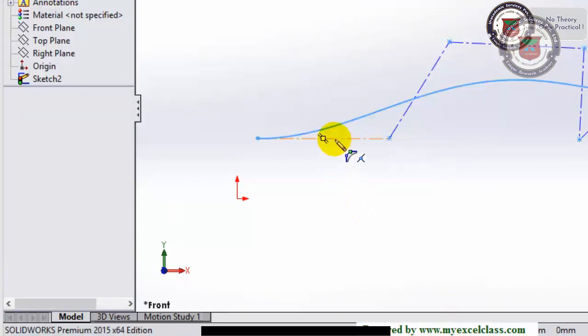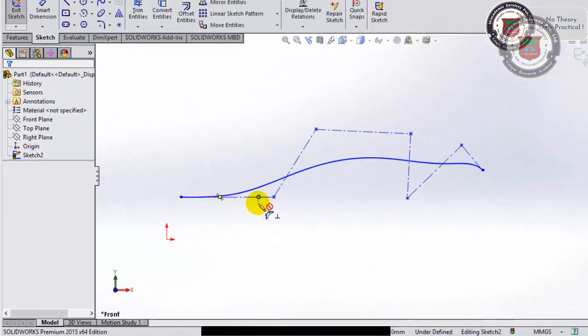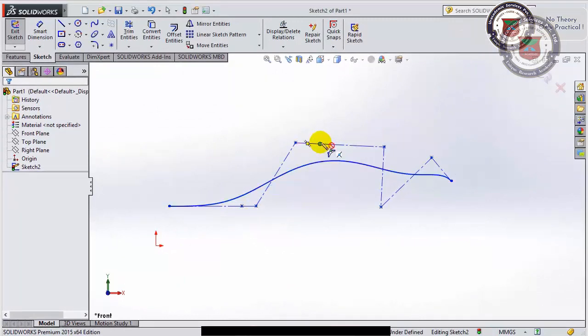Click on it and you can add some more points. Suppose I added a point here, a point here, a point here. Press escape. So we can add some more control points here as well. This is our second spline, the style spline.